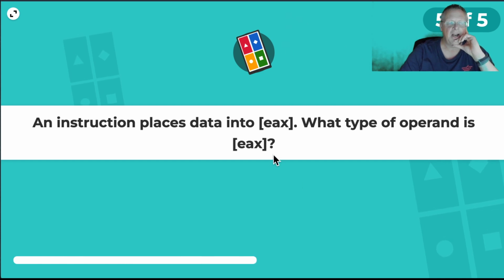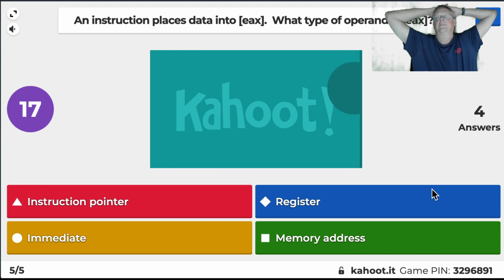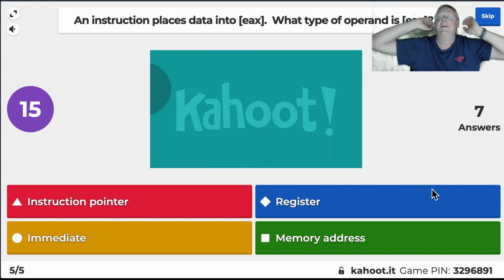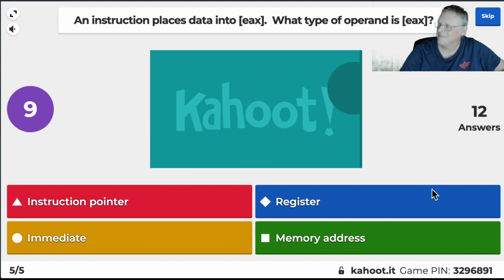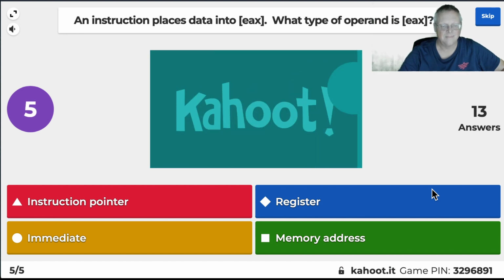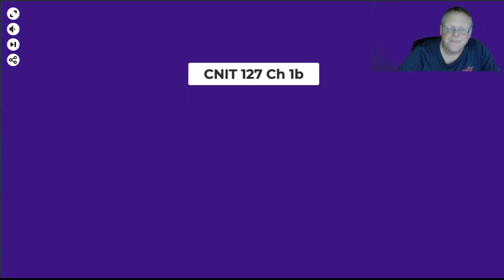All right, what kind of operand is bracket EAX? All right, that's a memory location. All right, so,